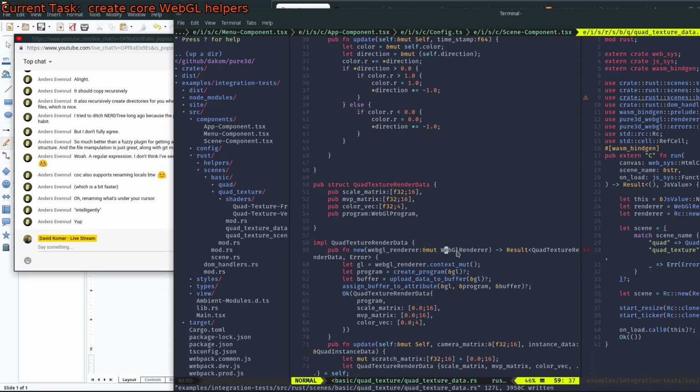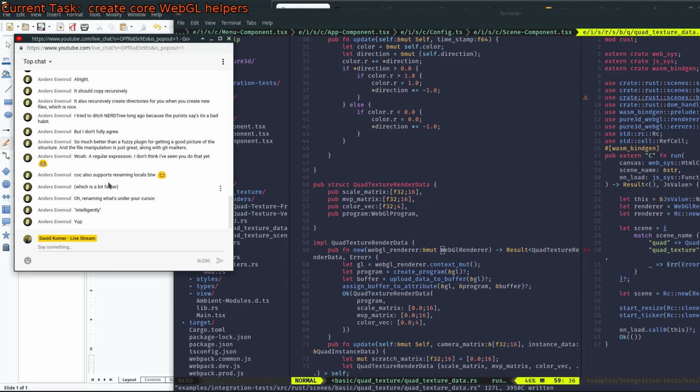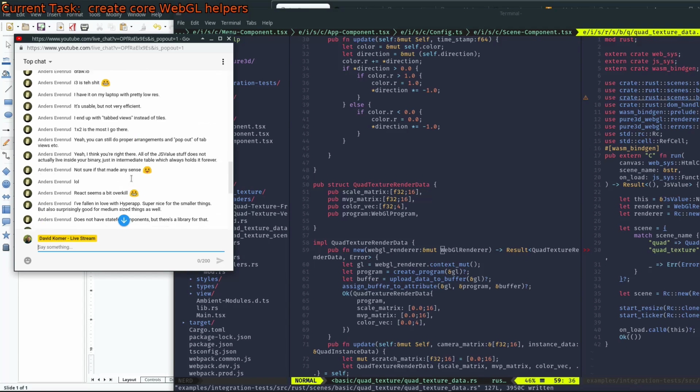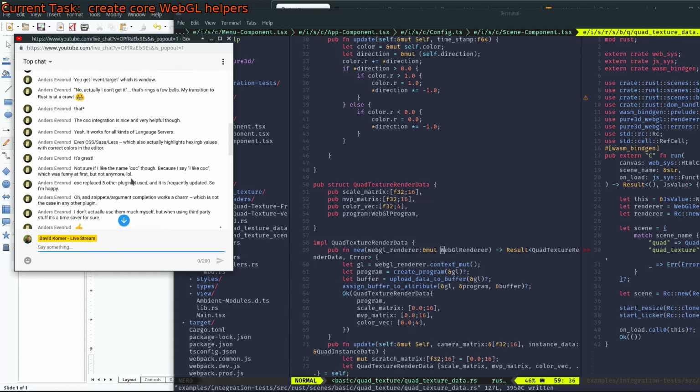Oh wow, okay, I totally need to remember that. Shoot, there were a few things tonight that you mentioned that I really wanted to look into. Oh, you know what, I'll just look back at the chat. Or maybe just write a note to self: check out renaming locals. Alright, I just have to remember to come back and look at this. There's some other stuff too,